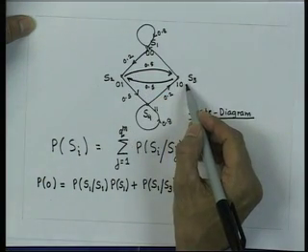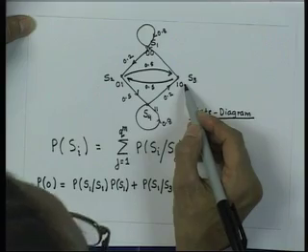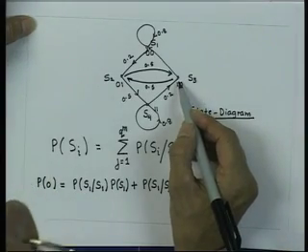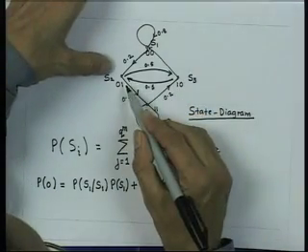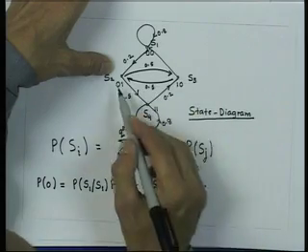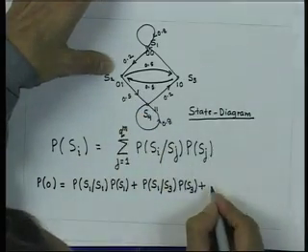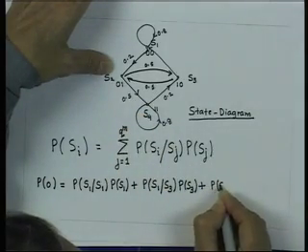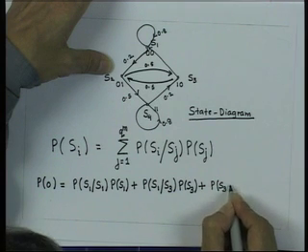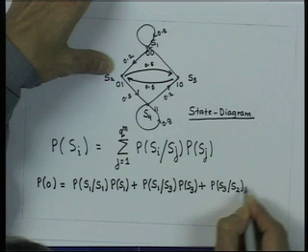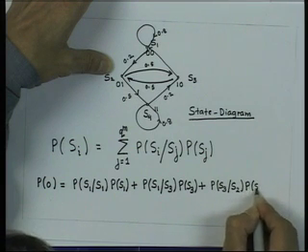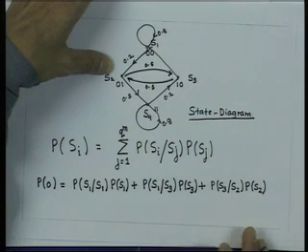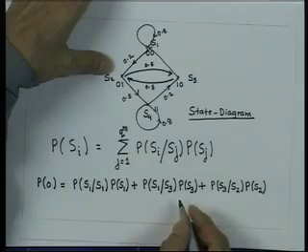So, if 0 occurs from S2 to S3, what is the probability of going to state S3 when I am in state S2, multiplied by the probability of state S2 itself, and